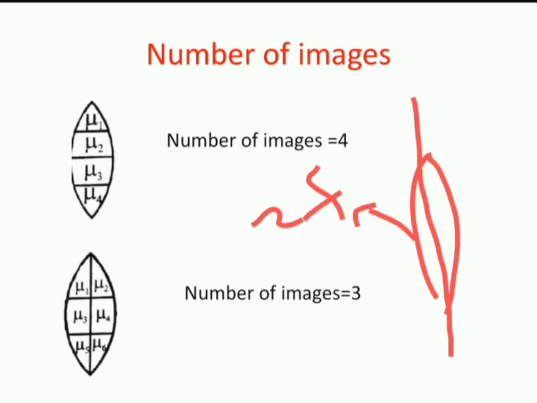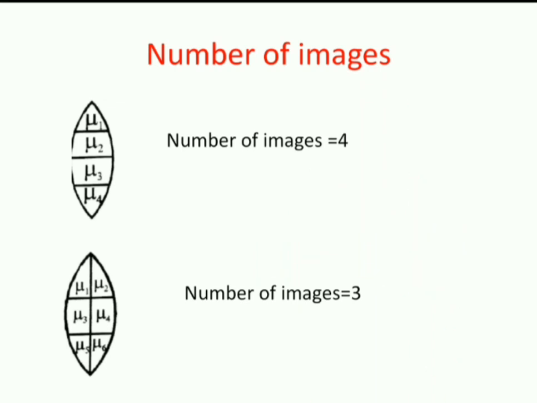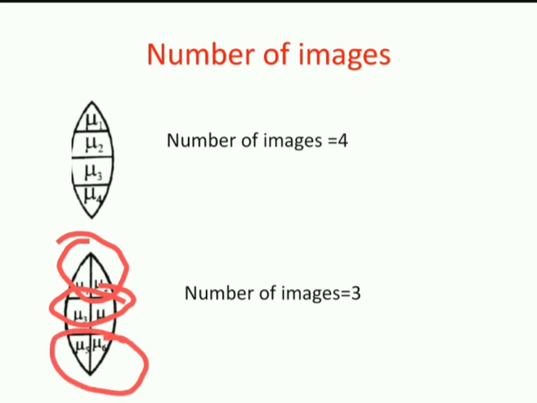But here I am giving you different materials for a lens. The first lens is made up of 4 different materials. So this part of the lens will behave as one lens, second one as another, middle one as third lens, and fourth lens. So we get 4 images. Whereas in the second case, this portion of the lens will behave as one lens. mu2 and mu4 together will behave as one lens, like 2 thin lenses in contact. This will behave as another lens. So the number of images in this case will be equal to 3.